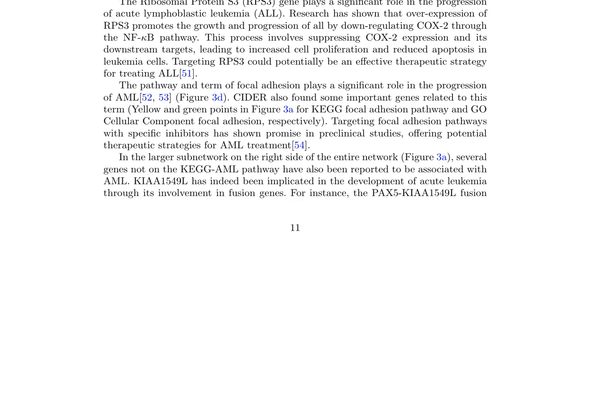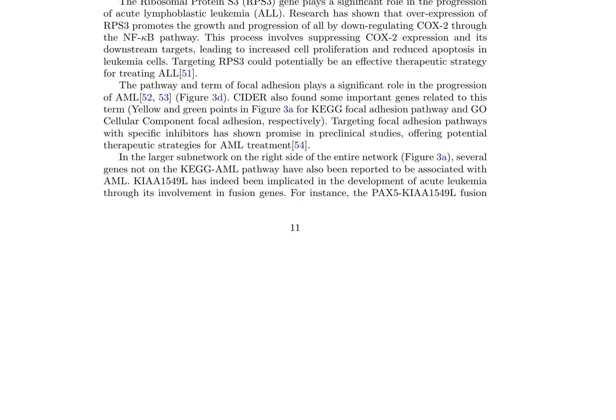CIDER identified important genes related to this term, and targeting focal adhesion pathways with specific inhibitors has shown promise in preclinical studies. Network analysis revealed a larger subnetwork including genes not on the KEGG AML pathway, such as KIAA1549L, which has been implicated in acute leukemia development through its involvement in fusion genes. The CIDER method, a computational approach for identifying key genes and their relationships, was used for this analysis. Figures 3a-3d provide visual representations of the network analysis and gene relationships, highlighting connections between AML and ribosome, as well